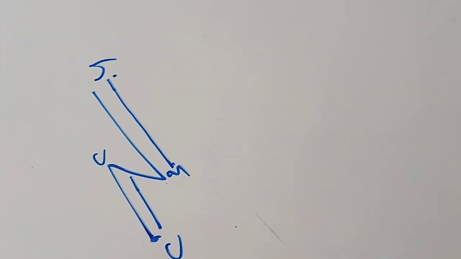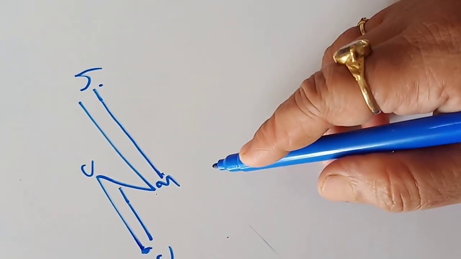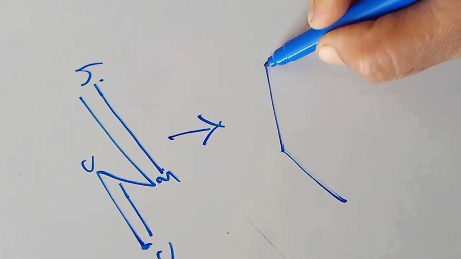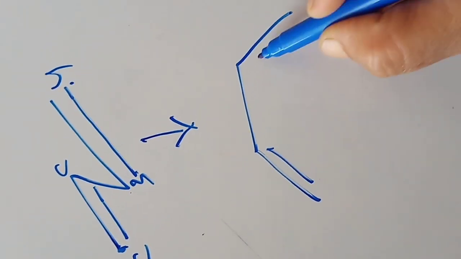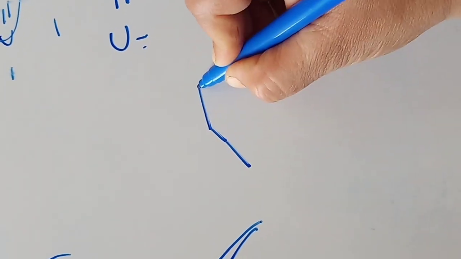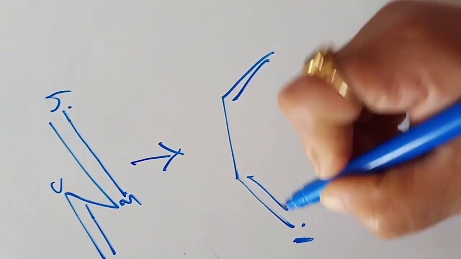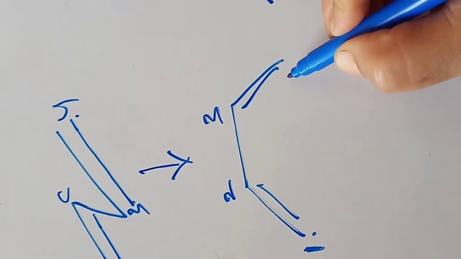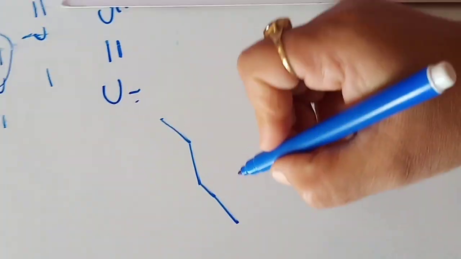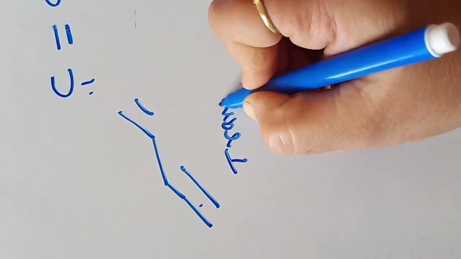It can also be written in two isomeric forms, that is cis and trans. So if we represent this structure like this, and in the trans manner it can also be written as this form. So if the carbons are 1, 2, 3 and 4, this is your 1,3-butadiene cis form, and this is the trans form, trans-1,3-butadiene.